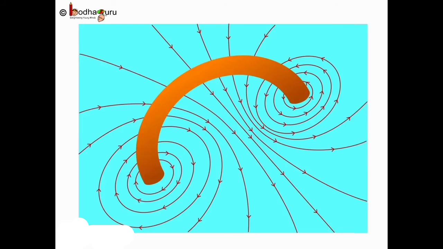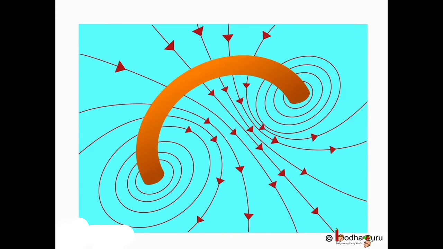Now look inside the loop and check the direction of the magnetic lines of force. What do we see? The direction of all the magnetic lines of force is the same. That is, all the magnetic lines of force are from top to bottom of the cardboard. Thus, we can say every section of the wire contributes to the magnetic field lines in the same direction within the loop. The important thing to remember here is within the loop.